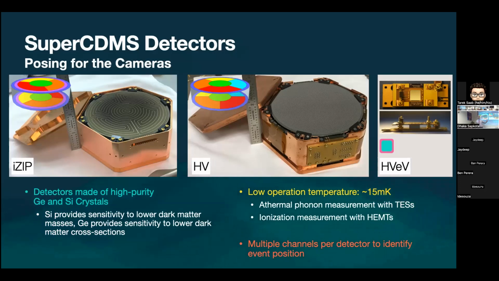Why that cold? Well, as I mentioned earlier, we use superconducting sensors to read out that energy. And the performance of these sensors improves as their Tc is lower. So we have to build an experiment that can take several kilograms of detector target material, as well as all the associated copper and infrastructure around it, and cool it down to tens of millikelvin underground. So it is a challenge.